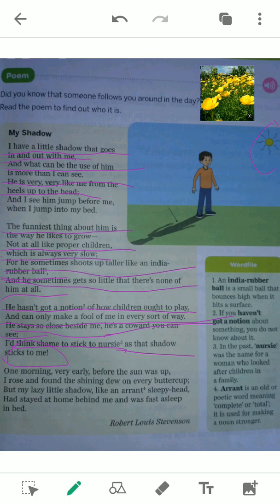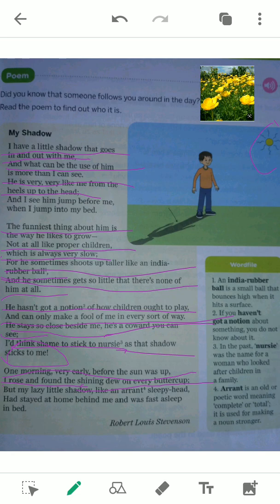Now, one morning, what happens in the next stanza? "One morning, very early, before the sun was up." That means the sun had not yet risen. The sunrise had not happened yet. "I rose and found shining dew on every buttercup." The child rose from sleep, when the sun had not yet come out, and found the shining dew on every